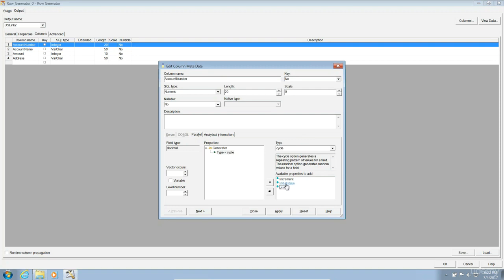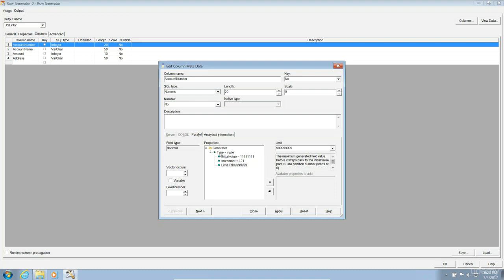I can say the initial value is say 1111111, and I can give increment by say 121, certain random numbers I'm just talking about, and the limit is